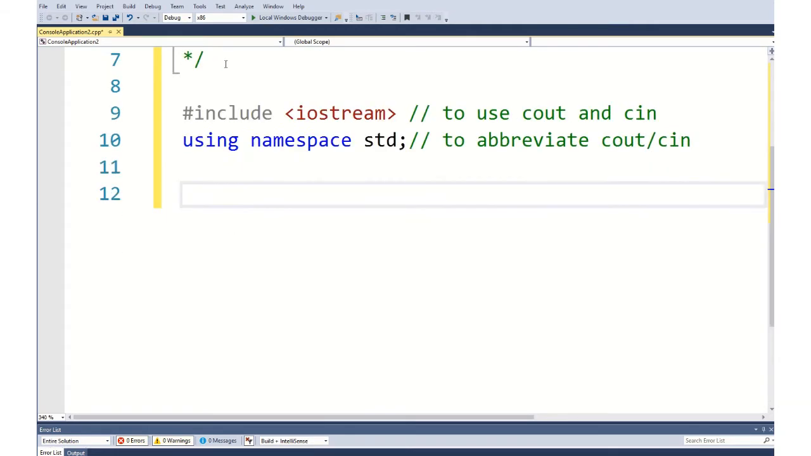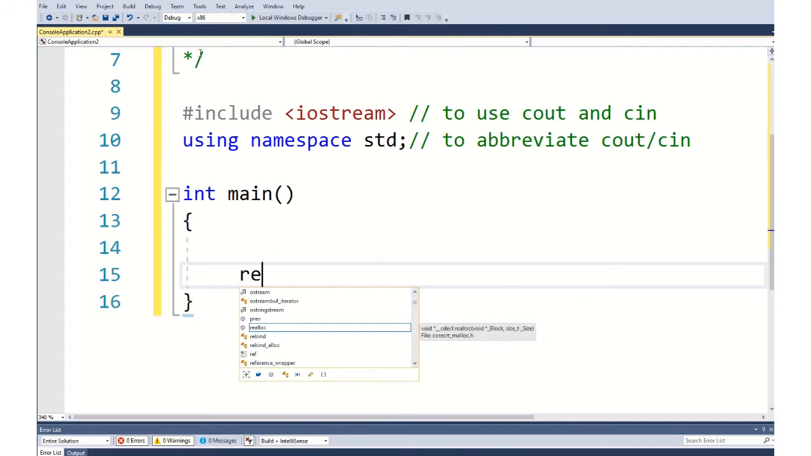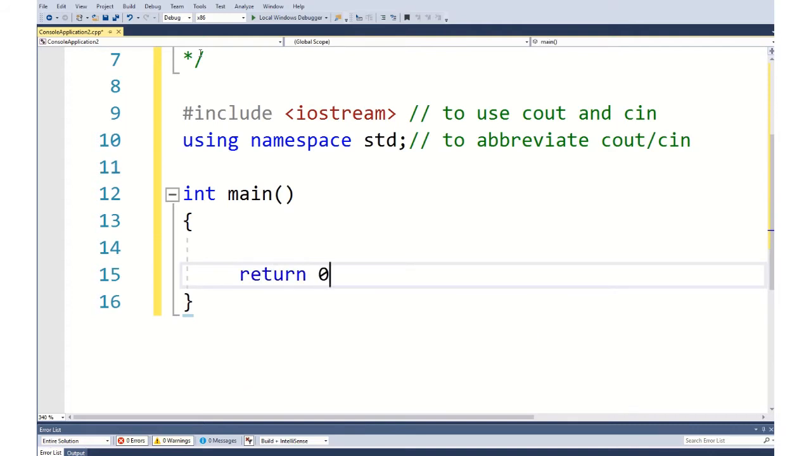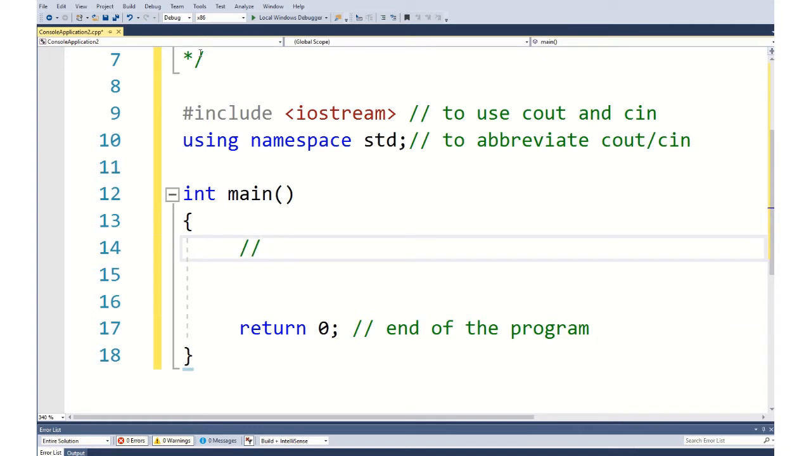Now let's start writing our code. So we need our main function that in this case returns an integer. In this case it is 0, meaning end of the program. So let's do the first part. Let's do our